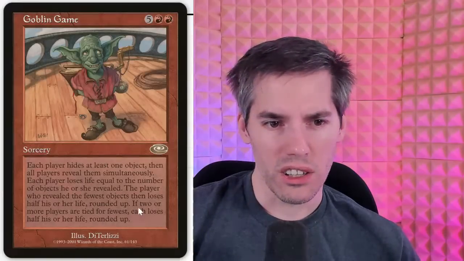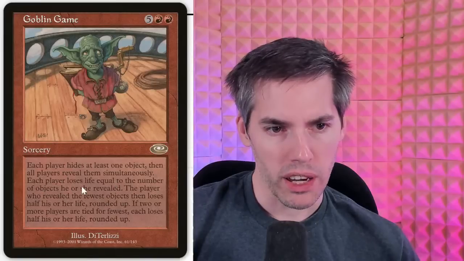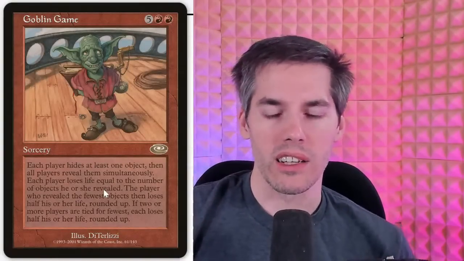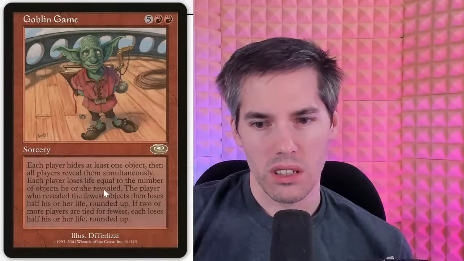Is there... Then all players reveal themselves. Each player loses life equal to the number of objects he or she... Oh, I see. You don't want to reveal too much because then you could potentially die. So if everyone names like, I don't know, 100 million, 200 million, 1 billion... No, but is there like no...